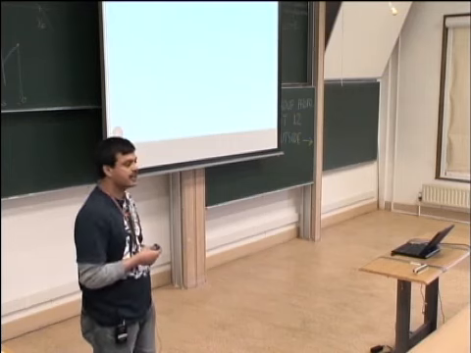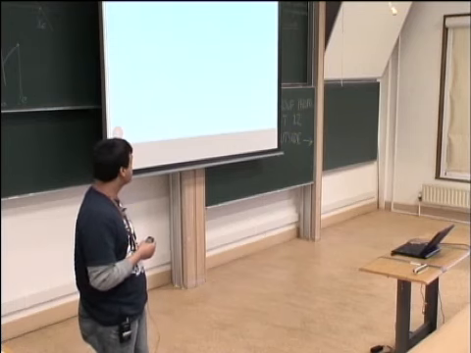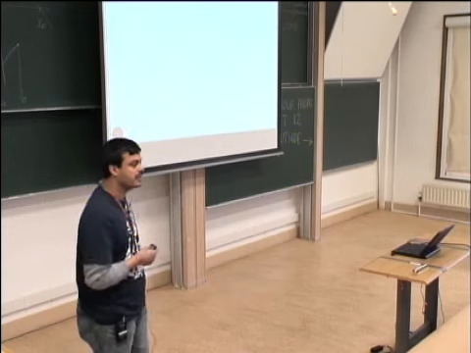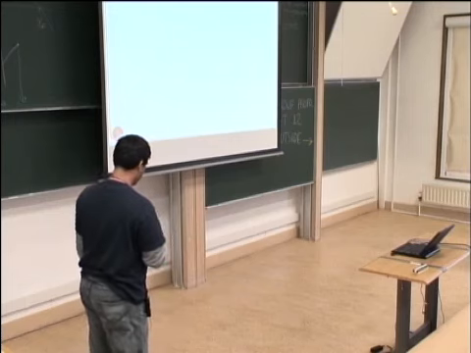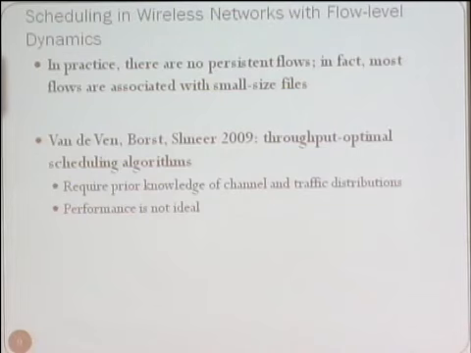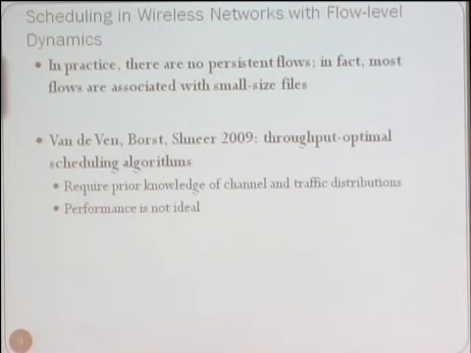So this example by Van de Ven, Borst and Schneer partially points out the issue in such networks. What they further do in the paper is suggest some other types of algorithms, but the algorithms